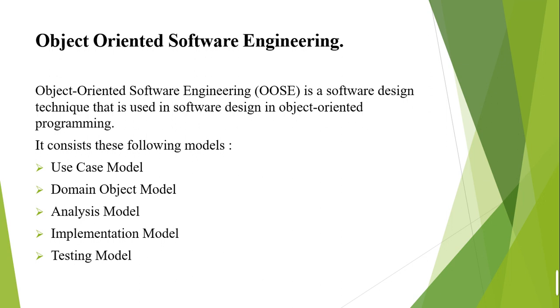It gives us an outside view of an entire system, so that you can understand the entire system from outside, and it is represented through diagrams, by which you can identify the entire thing with the help of actors. Next one is called the domain object model. In the domain object model, the entire domain or requirements of any system could be identified. In the analysis model, we analyze the entire system so that we can understand in which way we have to implement it.